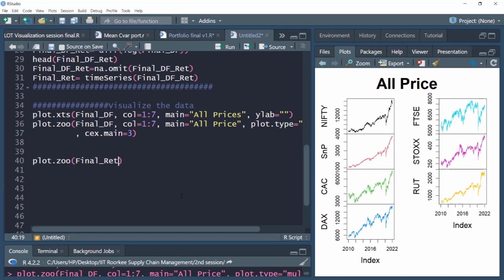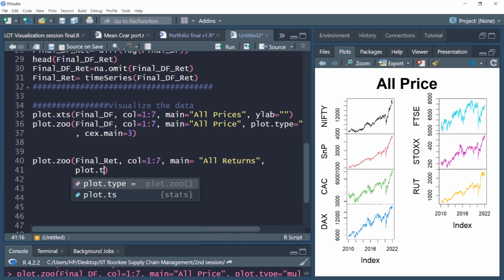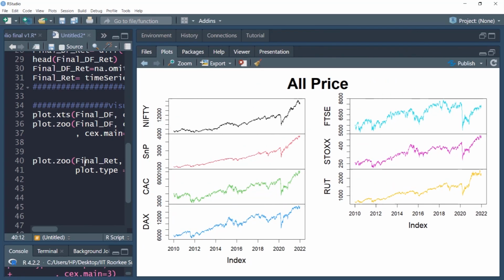Here we have the returns, all the returns available. Again, all the 7 will be plotted in different colors. Central heading is all returns because this graph carries returns. We'll specify the plot.type as multiple, so that they are plotted in multiple windows. And I'll not specify the y-axis so that each plot has its own index or return name. I'll just specify that cex.main equal to 3 so that a slightly larger graph is produced. So now let me enlarge the plot window before I run the command. So sufficiently I've enlarged it.